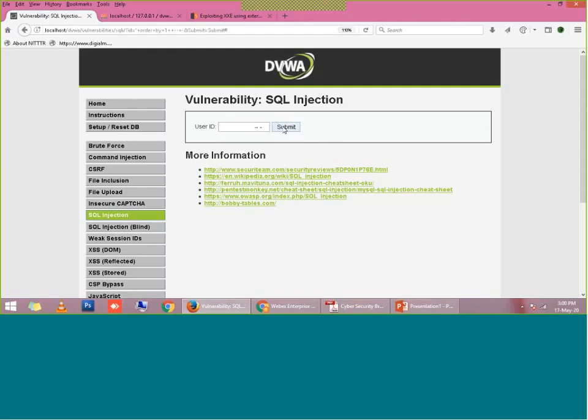So what a hacker will do is try to increase this order by count: order by 1, order by 2, order by 3, order by 4, and keep increasing to get an idea of how many columns we are fetching. Because I do not know how many columns of the database the query running in the backend is fetching.